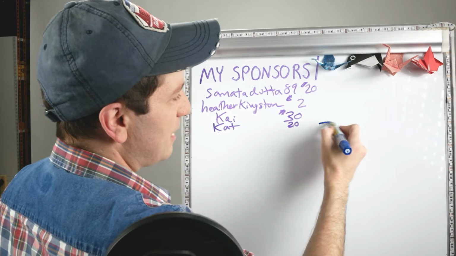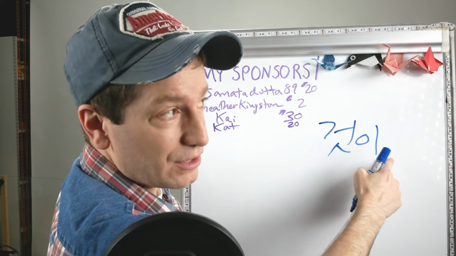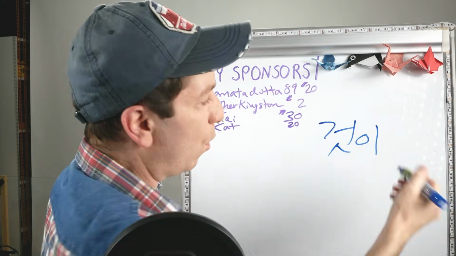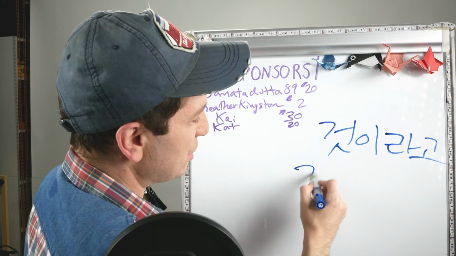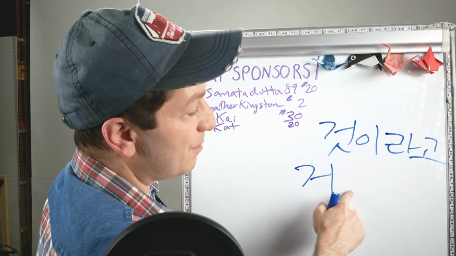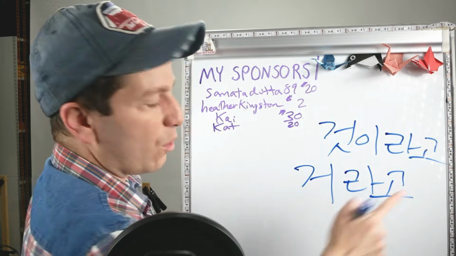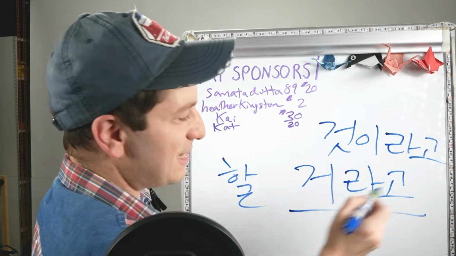All you have to do is use 것이다 instead of 이다, since we remember 이다 becomes 이라고, so you get that. Or more commonly, it's not 것, it's actually 거, which means you attach 이다 to this, which just becomes 라고. 거라고, and you're done. So if we have 하다, 할 거라고, that's it.